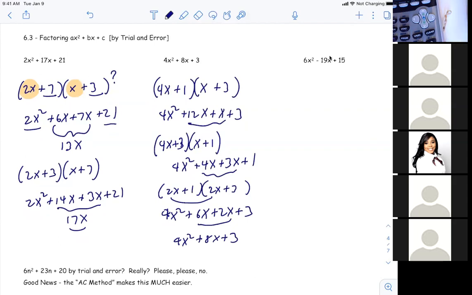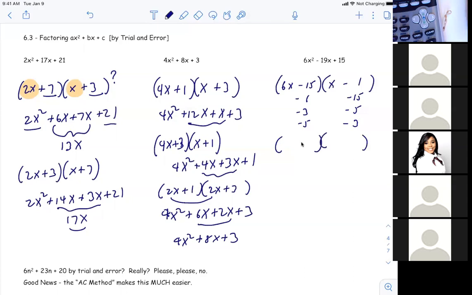Now for this, I'm not going to even really finish this one. I'm just going to get you to consider what we could do here. We could do 6x and x up in the front. And then here we could do a 15 and a 1. Well, I guess since it's plus at the end and negative in the middle, they got to both be negative, right? And then we could try -1 and -15. And then we could try -3 and -5, or -5 and -3. And if none of those work,